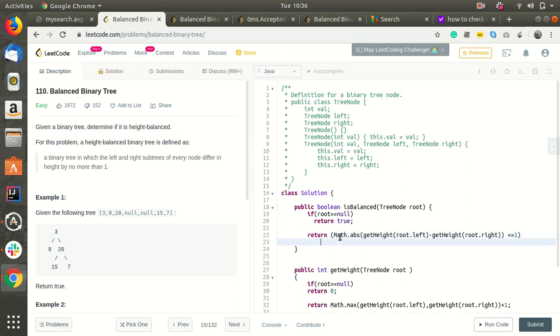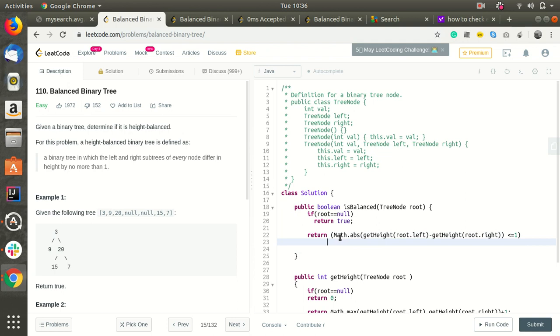Then we'll add another condition, isBalanced. So recursively it will check the left subtree height and the right subtree height again and again. If a node is not having any left subtree or right subtree, it will return true.